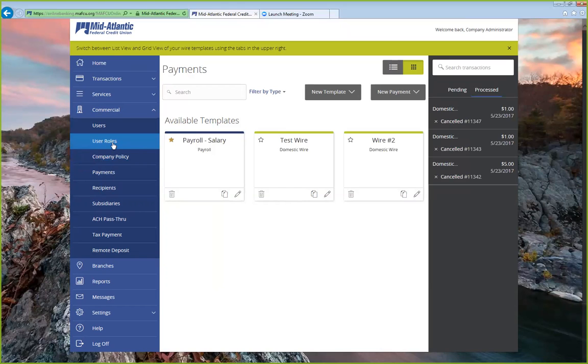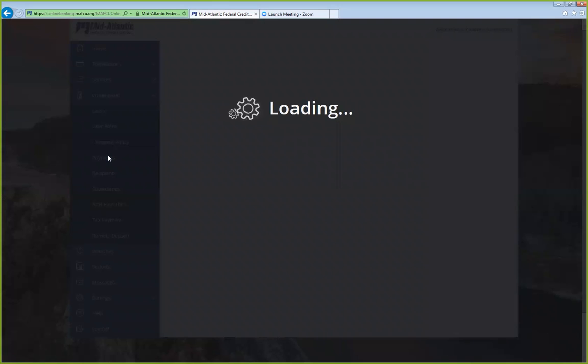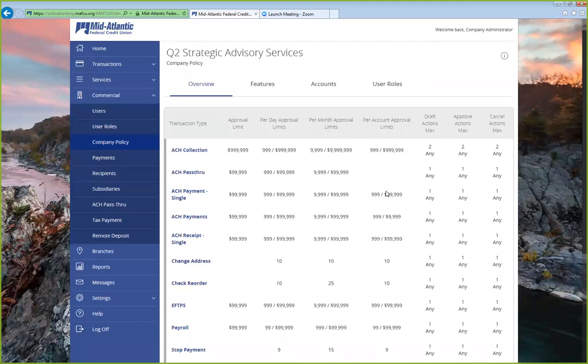So let's look at the first things in this area, which are called company policy. Let's start at company policy. Company policy is a review of all of the limits that have been applied to my business through my ACH agreement with the credit union. So in this case, this particular